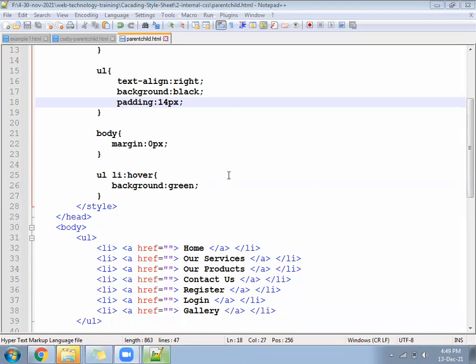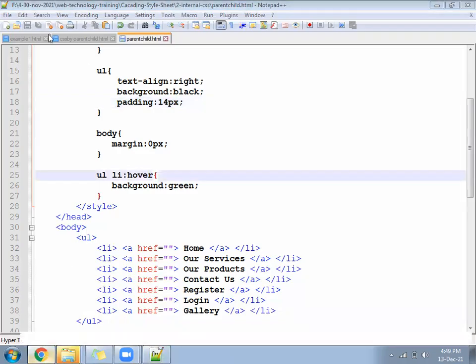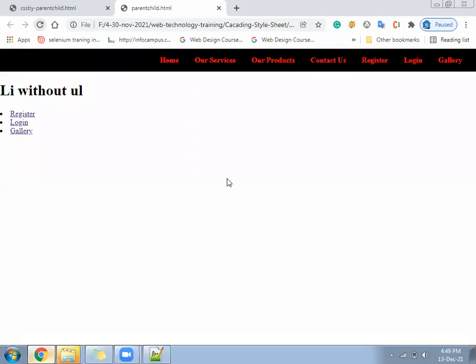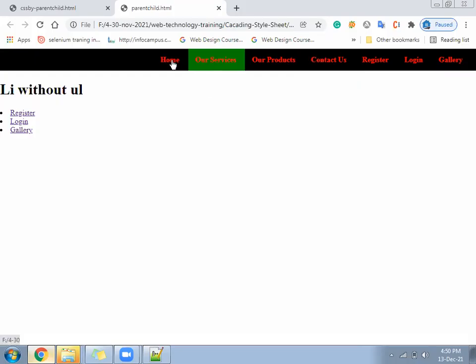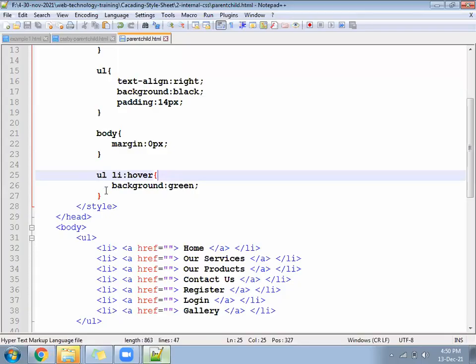So given after that, let's go now. See, once you move the mouse here, you will find it's happening complete full black. There is no any gap. Earlier there was gap coming from the bottom side. So the background of LI is changing once we move the mouse. That is called which event? Event name is called hover.